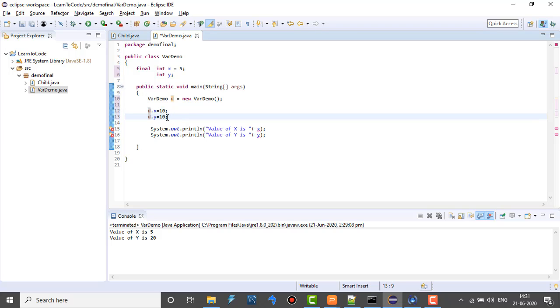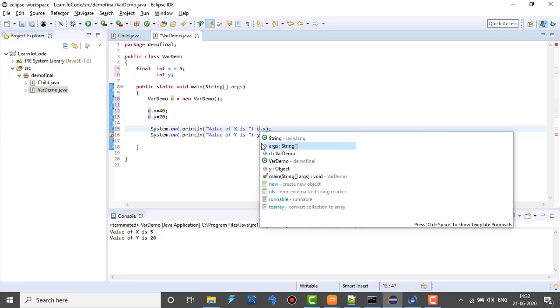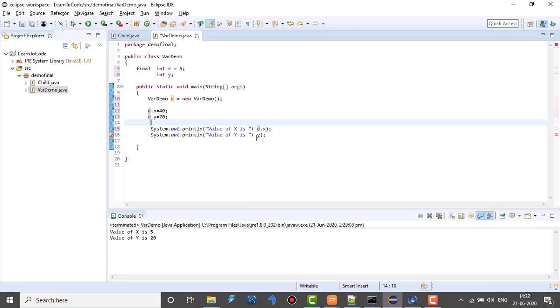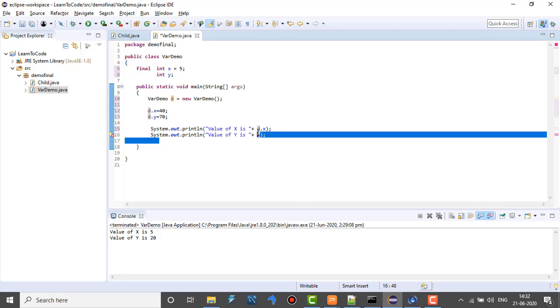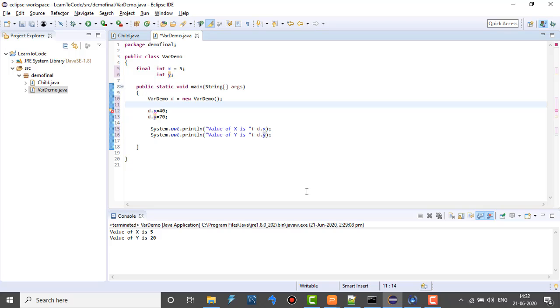Let's change the values, 40 and here 70. Now here also, if we are trying to print the values, we'll have to use the object to access the variables, so d.x and d.y. So now our code is perfect.